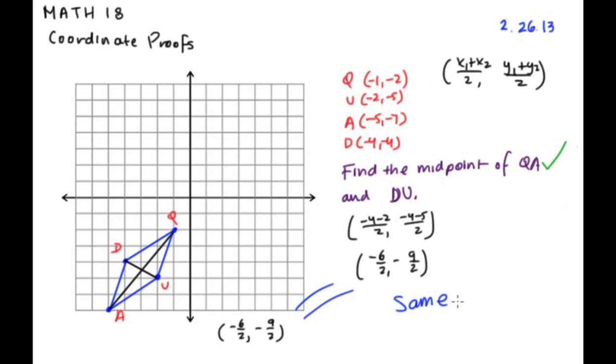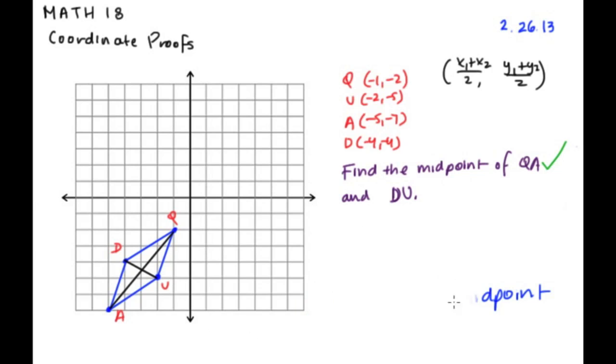So same midpoint. So what can we conclude if they're the same midpoint? So our hypothesis was correct. They did have the same midpoint, so that must mean that they bisect each other because a midpoint bisects a line segment. Therefore, quad is a parallelogram because